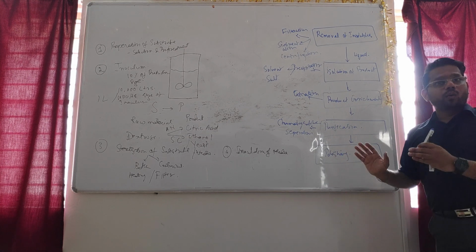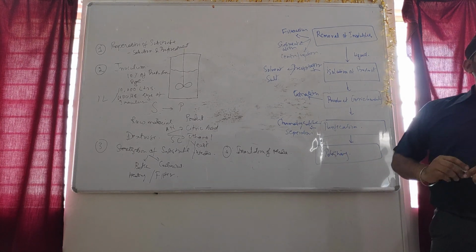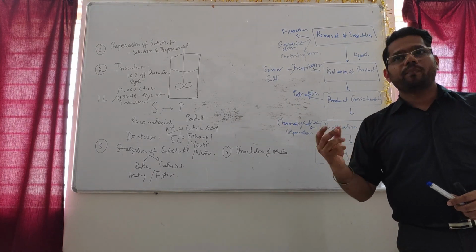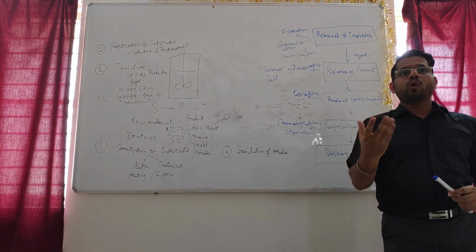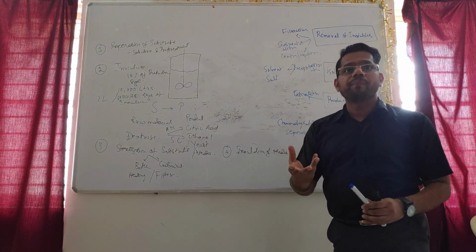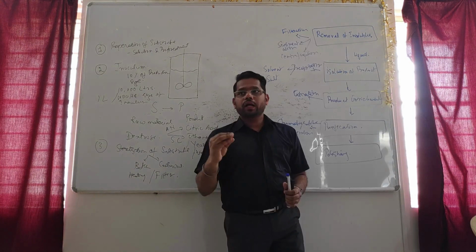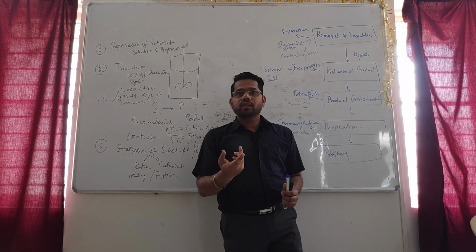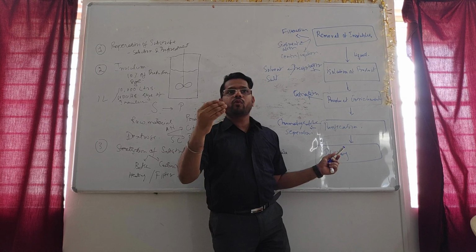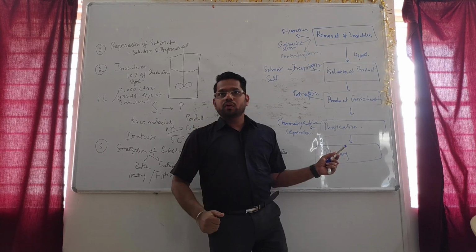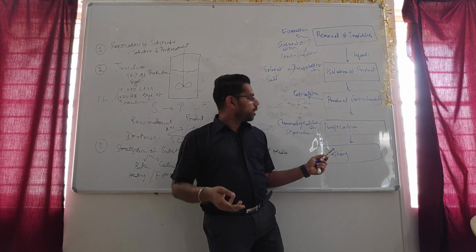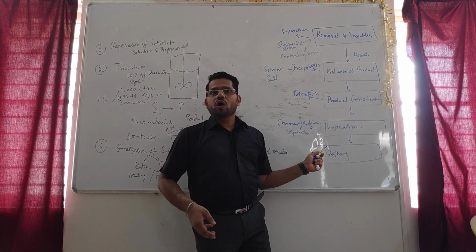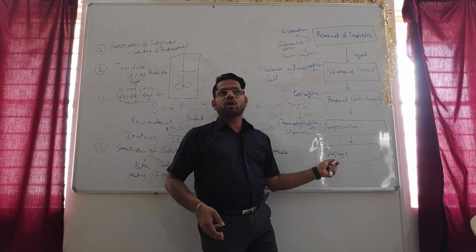of the product. Why polishing is important? Because consumer might like to have the product in a certain form. Either it could be a powdered form, it could be in a liquid form, it could be in a granule form, it could be in a tablet form, isn't it? There is a different requirement of the consumer. Depending upon the requirement of the consumer, you will give a particular shape, size, form to the product. So all these techniques comes under product polishing.